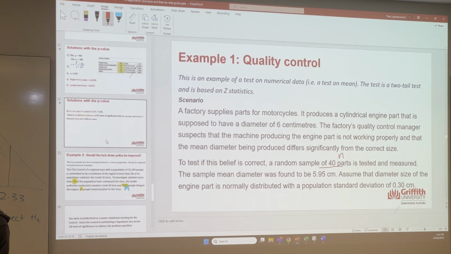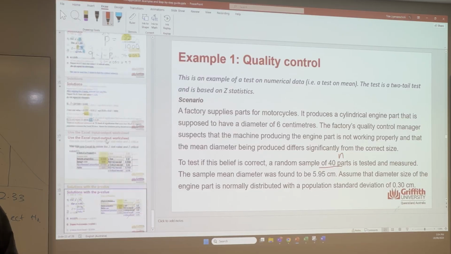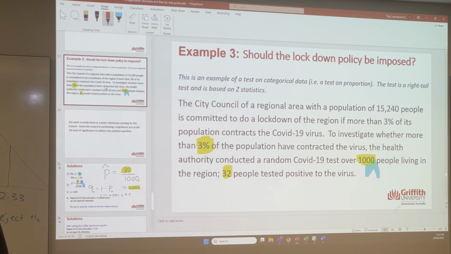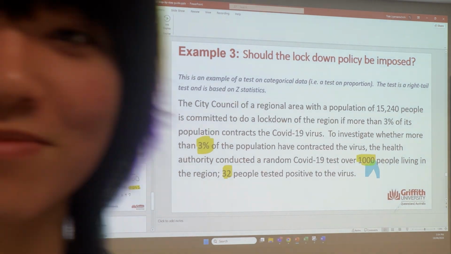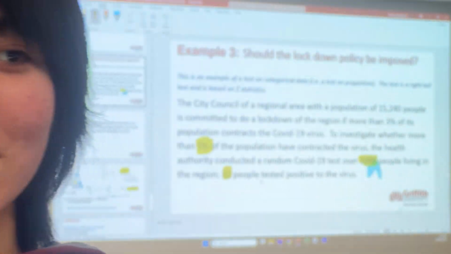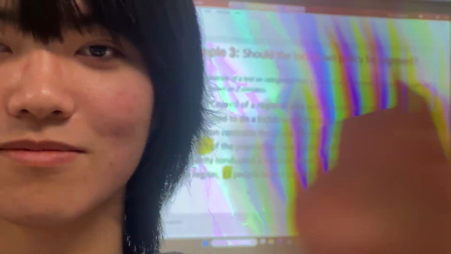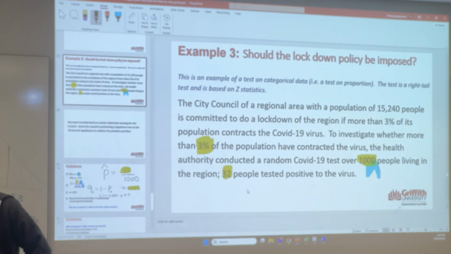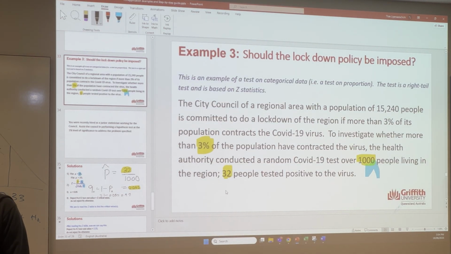You look at proportion. This is actually proportion. Kiara, I know you missed class, but you can do it. You can catch up. There are two chances, like people have COVID or people don't have COVID, right? So that means 2 chances. It's like when you toss a coin, you can